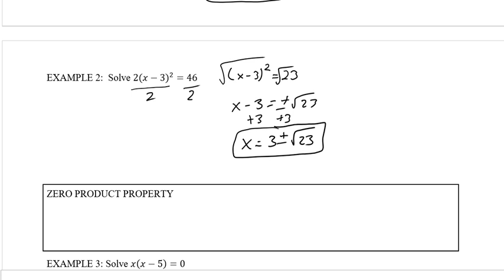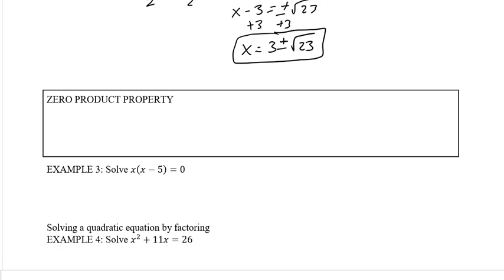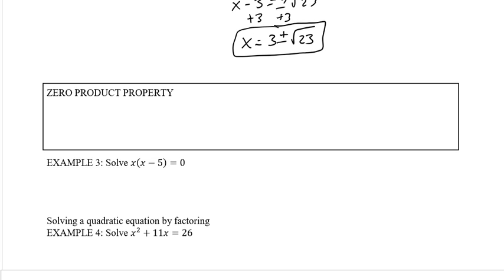Before we look at solving by factoring, we have to know the zero product property. It's an important one, and it only applies to 0. No other number has this property. The zero product property says that if two things are multiplied together and they equal 0, so if A times